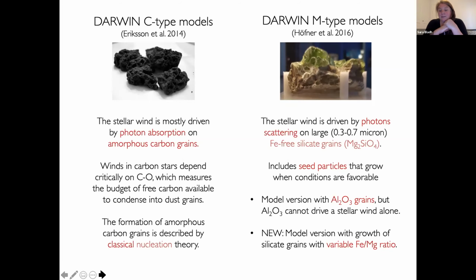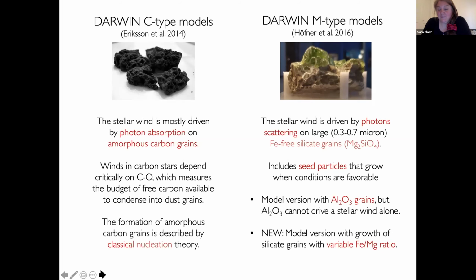Now, alumina affects the structure of the atmosphere, but it cannot drive a stellar wind alone. Alumina has too low abundance at solar metallicity. And today we're presenting a new model, even a third model, which has